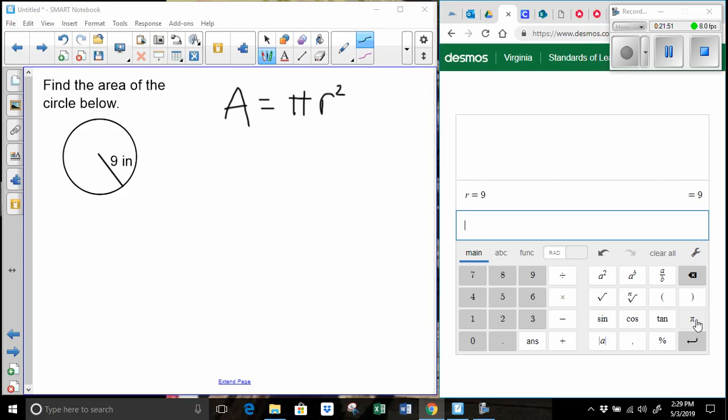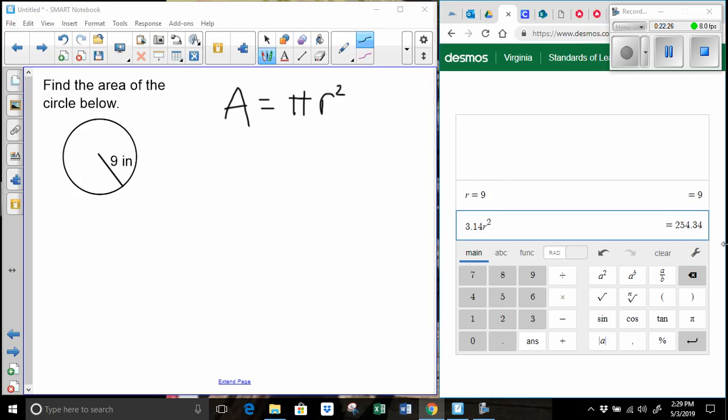So I'm going to literally type in 3.14, and then next to pi is radius. So you could hit times and then radius, or you could just literally put the R next to it. And that's what I'm going to do. So pi, which is 3.14, times the radius. So I'm going to put the letter R. And the radius is being squared. So there's that squared button, which is right here. So I'm going to click that squared button. And lo and behold, we have our answer, which is